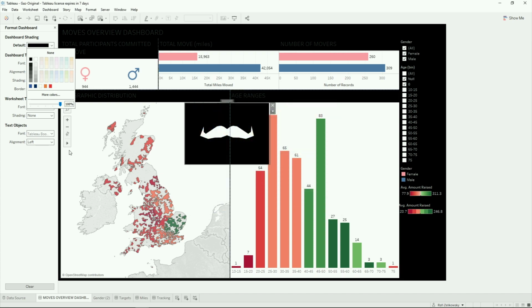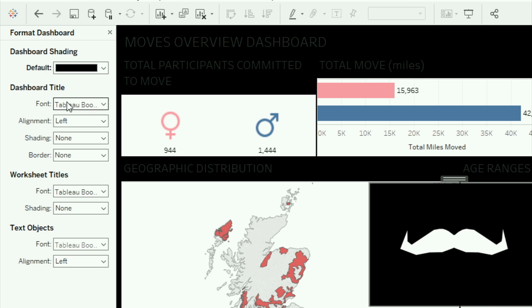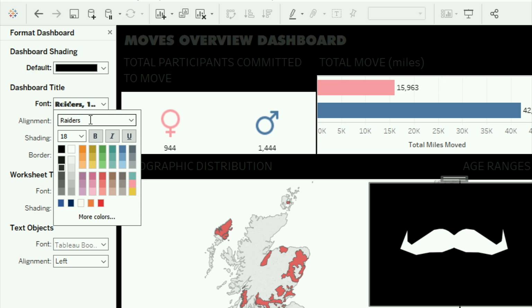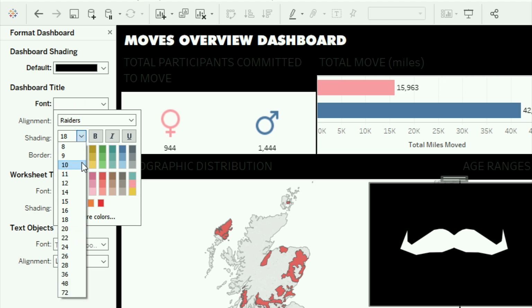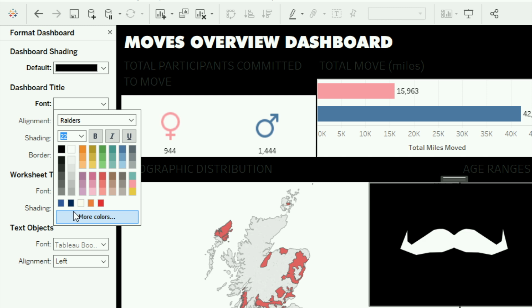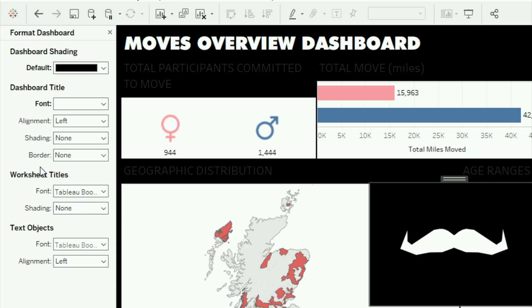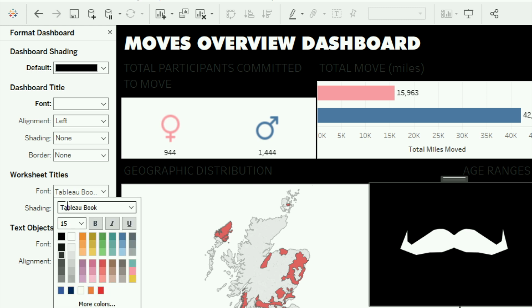Oops. Next, we're going to look at some of the fonts. So not Tableau, Movember already has some custom fonts. And as I said, if your organization already has this, then you should definitely take advantage of it. So in this case, I'm going to change my dashboard title, make it white to stand out, and make it really big for all of you at the back, maybe a bit bigger. And also change my subtitles.